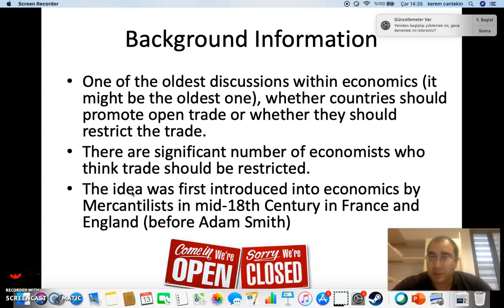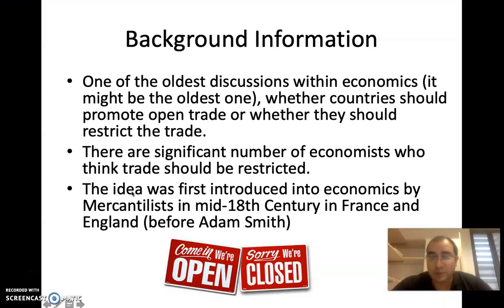For him those restrictions should be put in place because the country should not be dependent, especially on imports of critical products like grain, for example, because there could be war, there could be certain restrictions, and so basically make sure that certain critical products are produced within that country at a sufficient level.